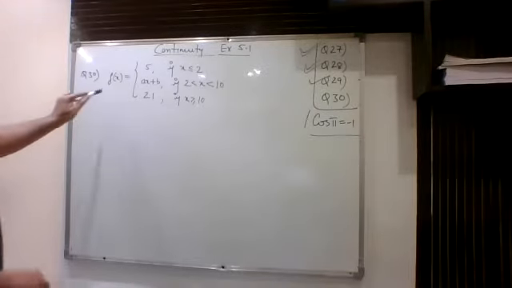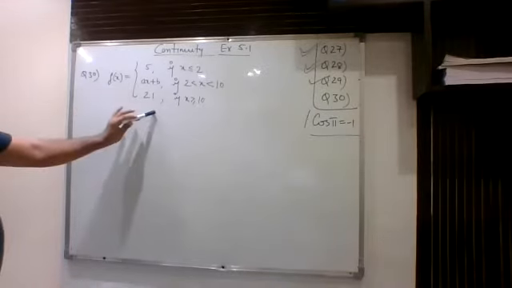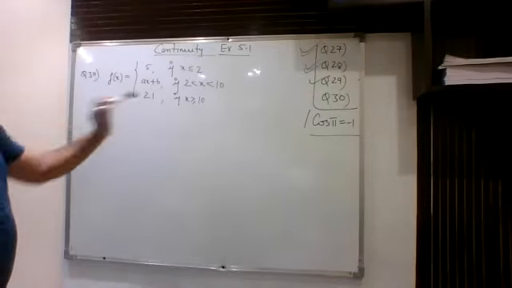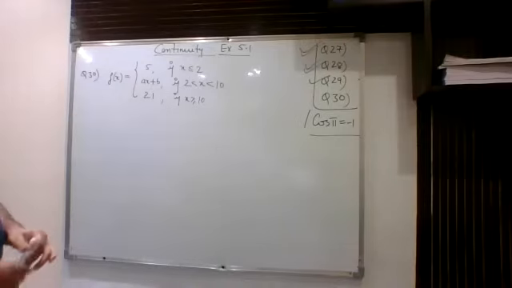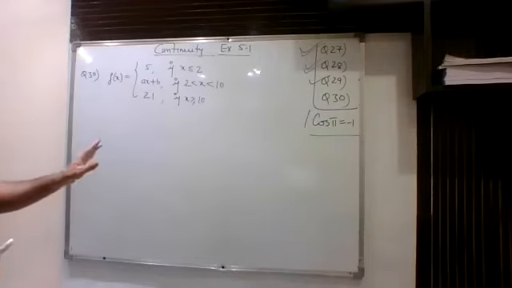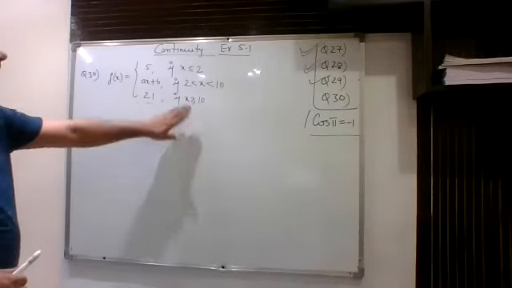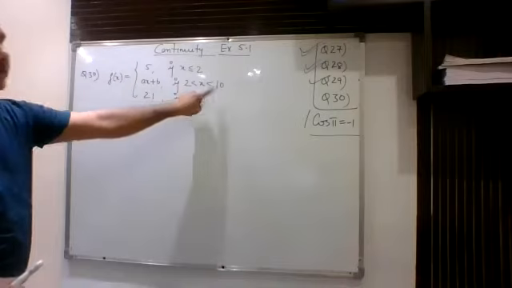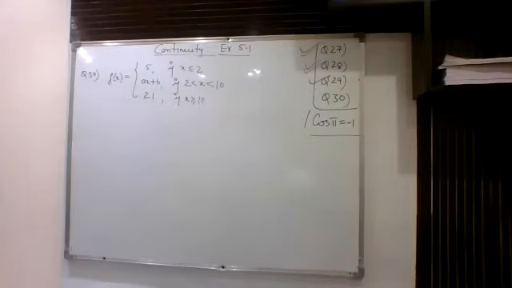Okay, so this is question number 30. This function is written, it is defined in this manner. Now it is given that it is continuous everywhere. So you can see that here we have two breaking points. One is this 2 and one is this 10. So now we are going to utilize the definition for this 2 and 10.